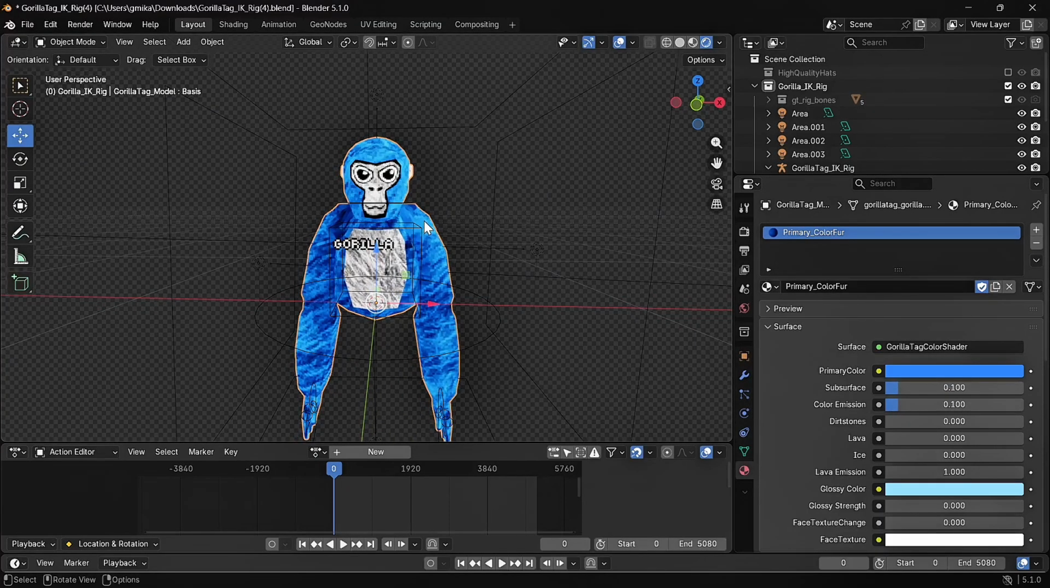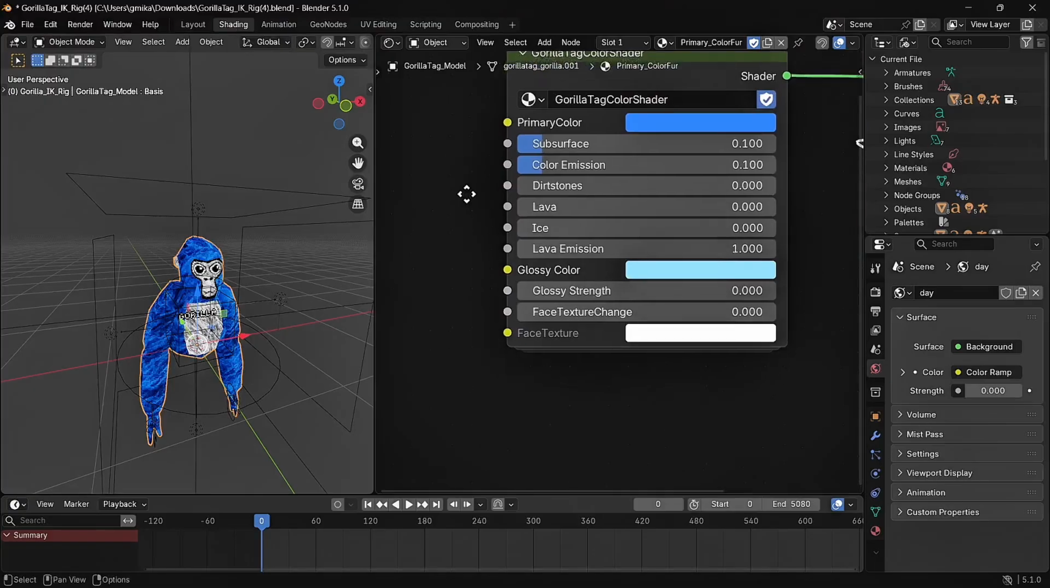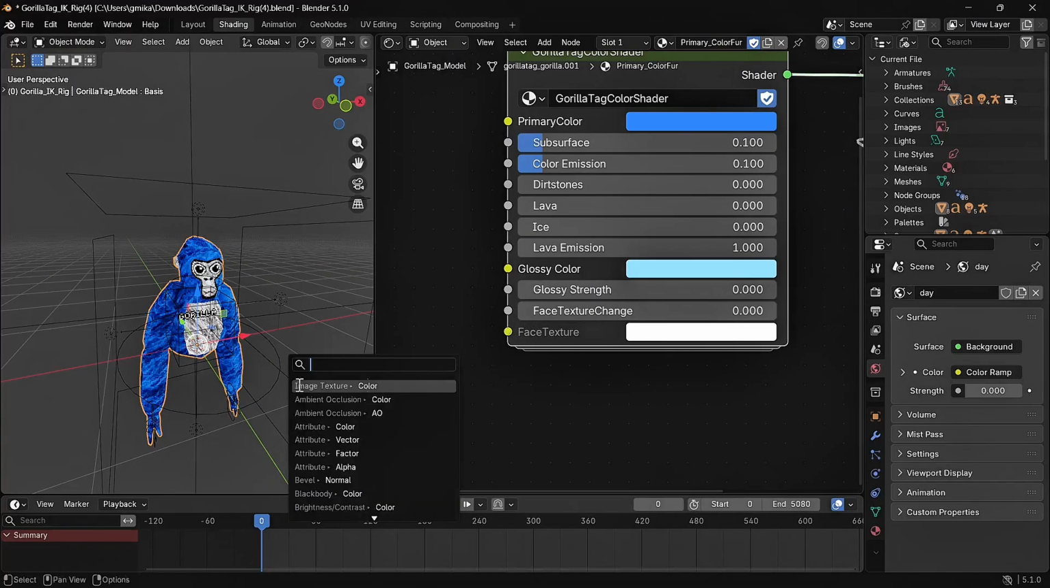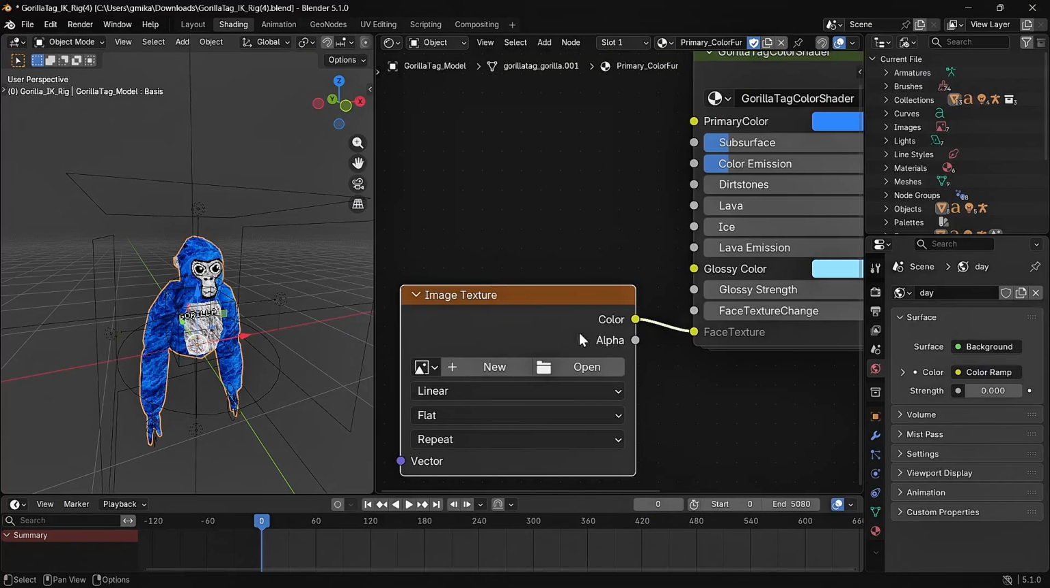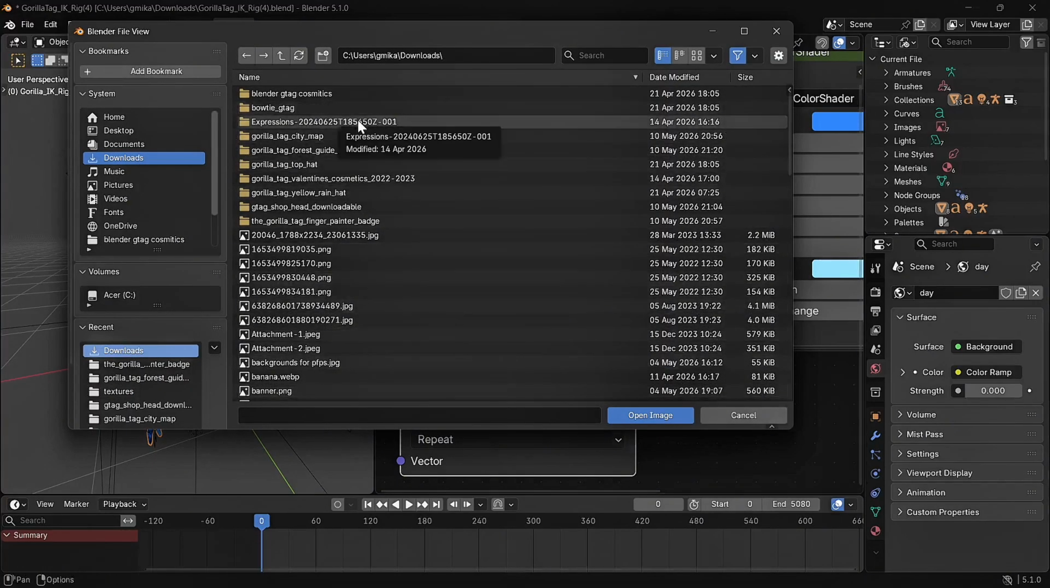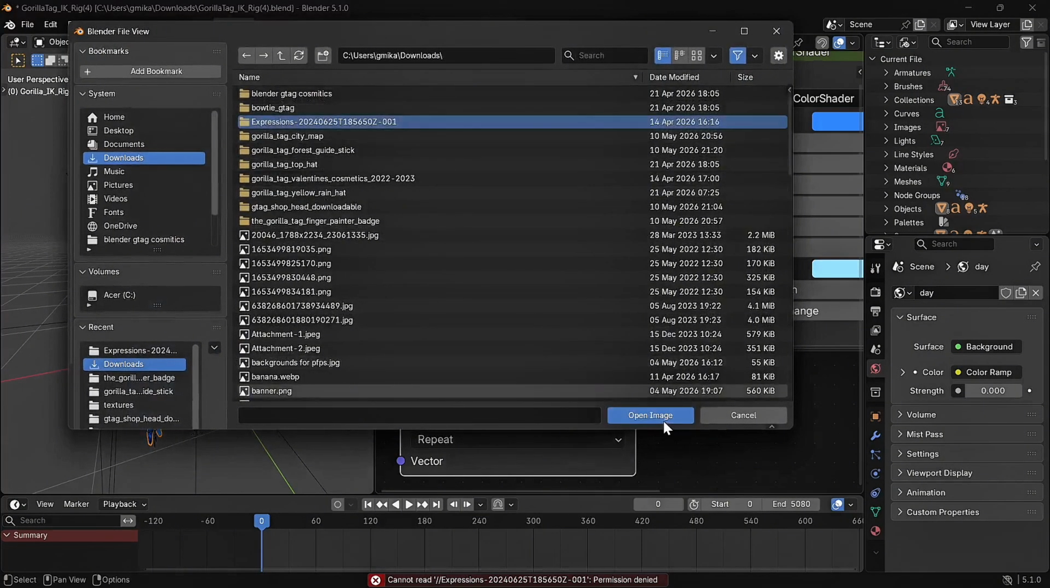Now let's get on to actually changing the face. So what you want to do is click the monkey and go to shading. Now you're going to see face texture and face texture change. You want to go to face texture and drag the little circle, and you'll see this. You want to search up image texture. Make sure it's color. Since we have that, then you just want to click open, and here's where the next link is going to be, and it's going to be the expressions. You want to click it, open expressions,